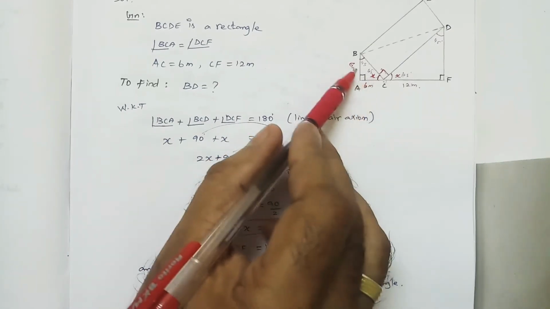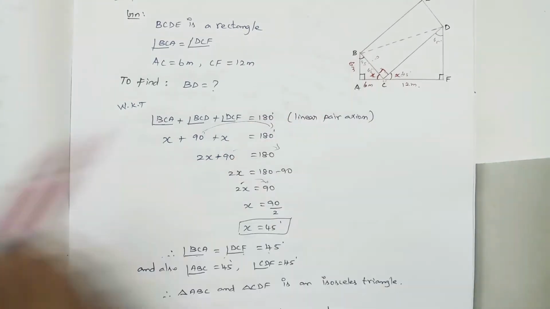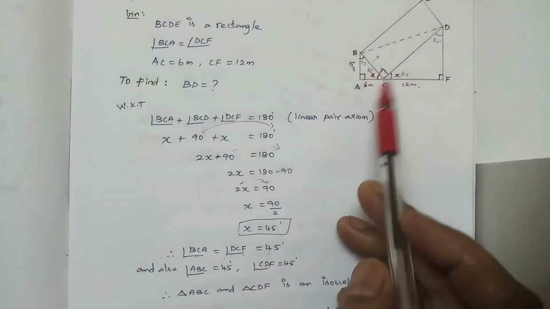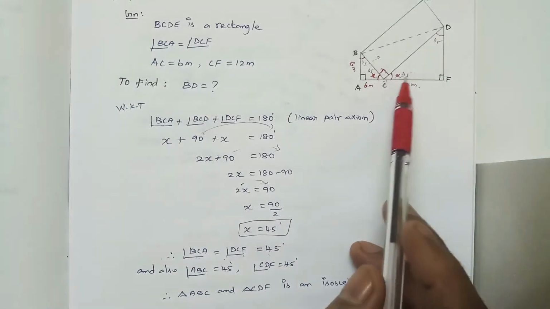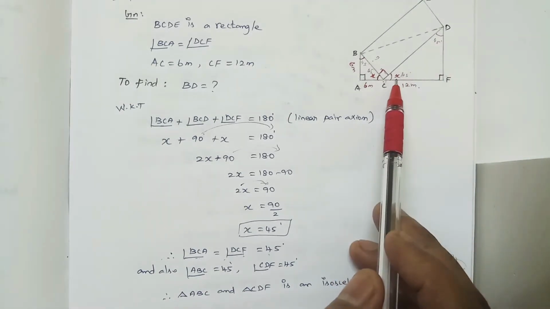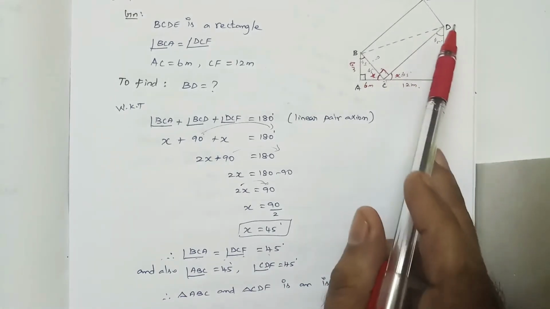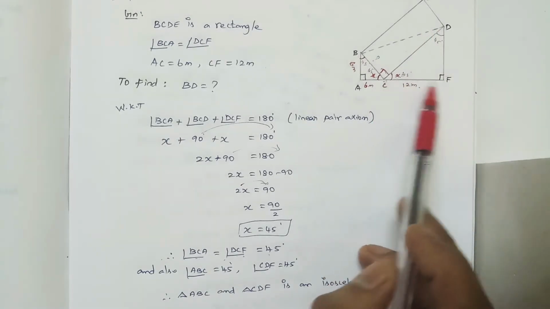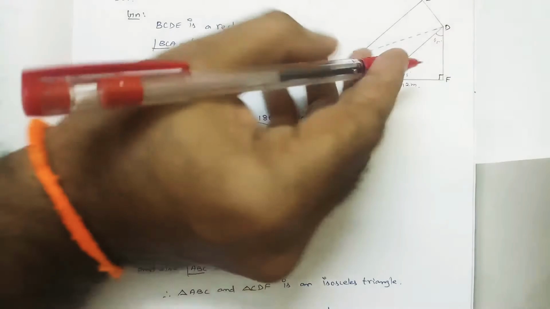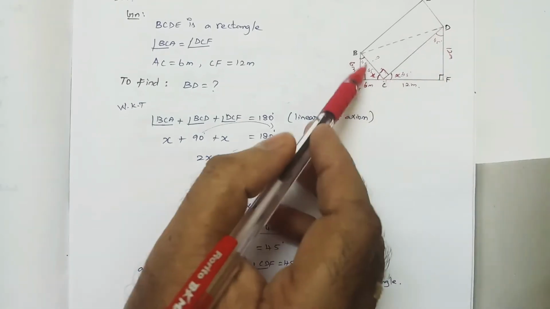Now we know the sides, right? Two sides of a right angle triangle. By using the Pythagoras theorem property, we can find the third side. Same like that in triangle CDF also, right? We know only one side, CF alone, right? And we know the three angles, right? One is nothing but 45 degree, angle C. Angle D is also 45 degree, and angle F is nothing but 90 degree. So this is an isosceles right angle triangle. If CF is 12 meter, and surely this DF is also 12 meter, right? If we know these two sides, then by using Pythagoras theorem property, we can find the CD. Same thing here, we can find AB.